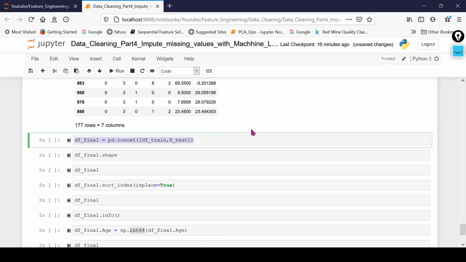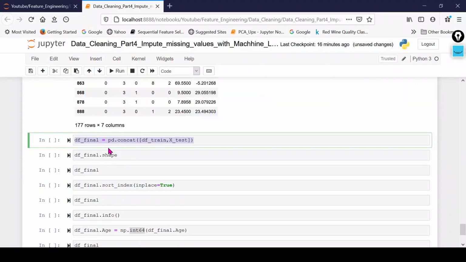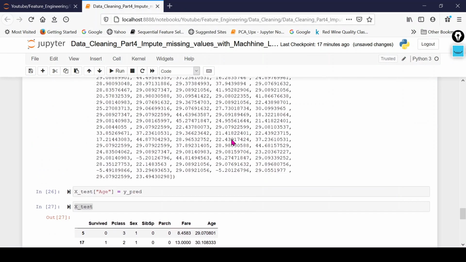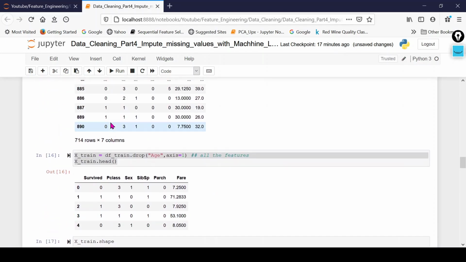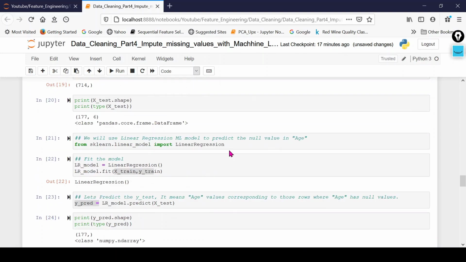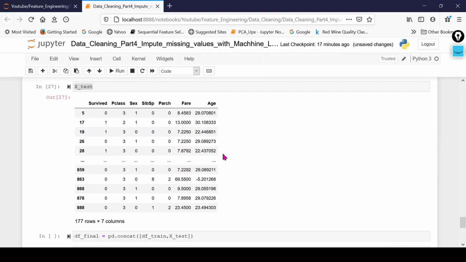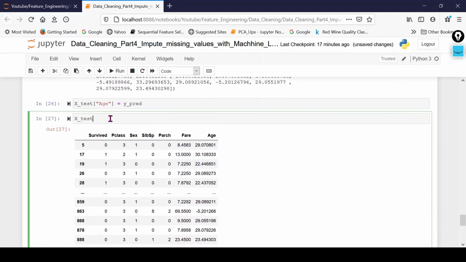So now we will combine df10 and df test. Here we are going to combine, by concatenation, df10 and x test. df10 is your actual data frame, this one, and after adding the age column, it means this data frame.